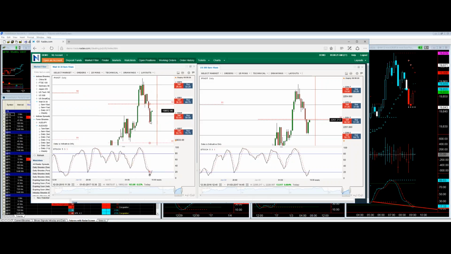This is where it tested the congestion dot, guys. Okay. This is where it gives you the hidden divergence right here. Okay. I'll mark it on here, but then I have to delete it because it kind of freezes everything. So you're making lower lows in the stochastics and higher lows in price. This says it should go up. This says it should go up, okay?